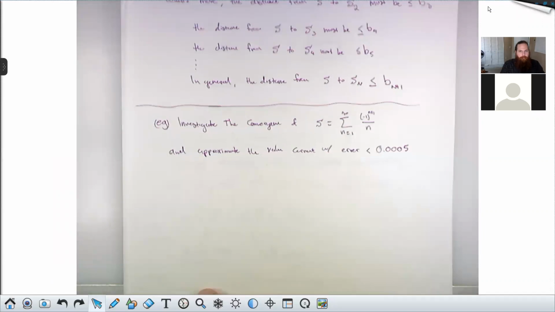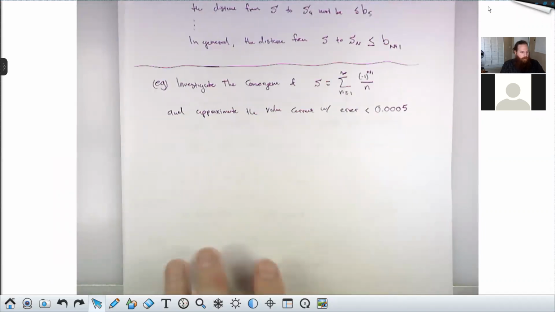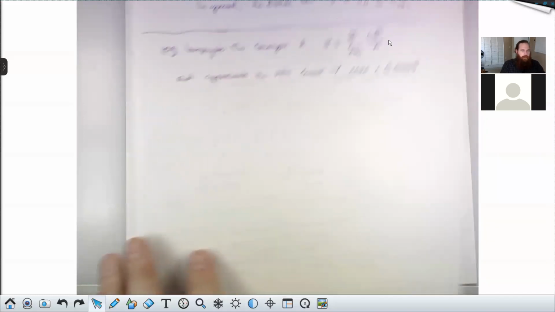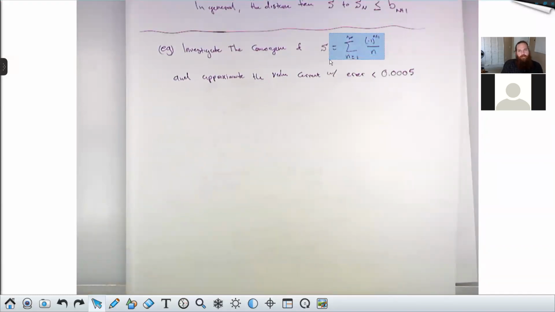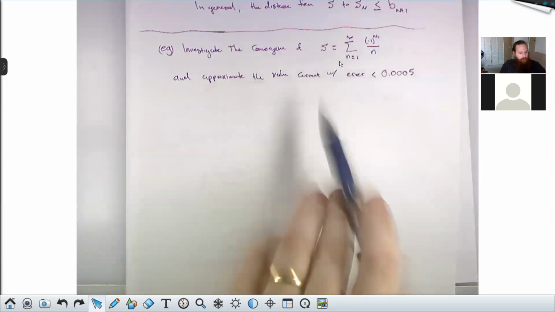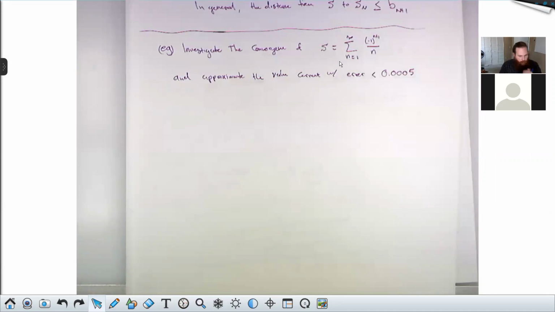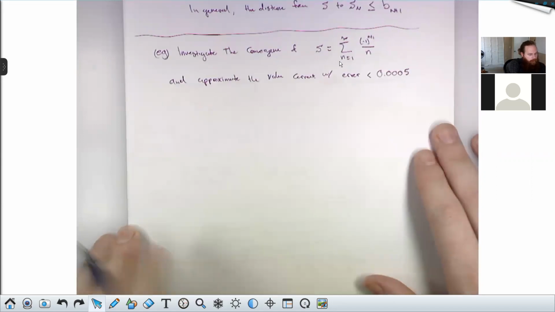Okay, so for reasons that I will be able to explain to you after we talk about power series, I actually know the exact value of this series. The exact value of this series is the natural log of 2. And I'll show you why later. But for now, I'm going to run AST, then I'm going to use the estimation theorem to try and get this, and then I'll show you with Wolfram Alpha that it is indeed within the bound. So first,